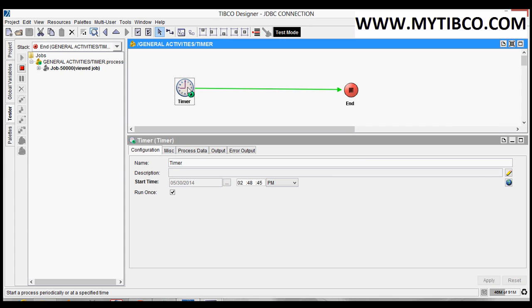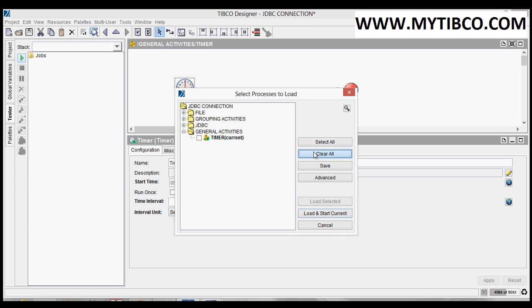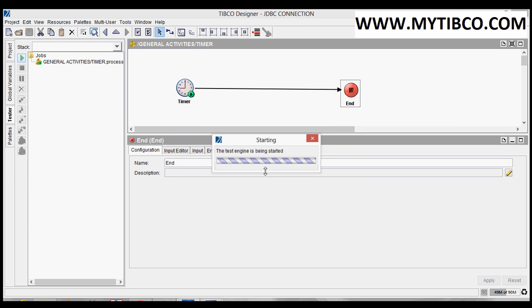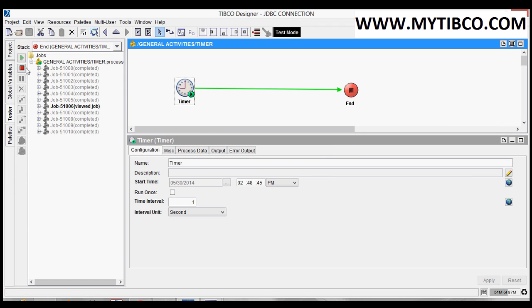Like this we can set the time at which we want this timer to generate a job. If you want this timer to generate jobs every second, let's start it. Now observe, it is generating jobs. See, 2 jobs, 3 jobs, 4, 5 jobs, 6 jobs. It is generating jobs every second.